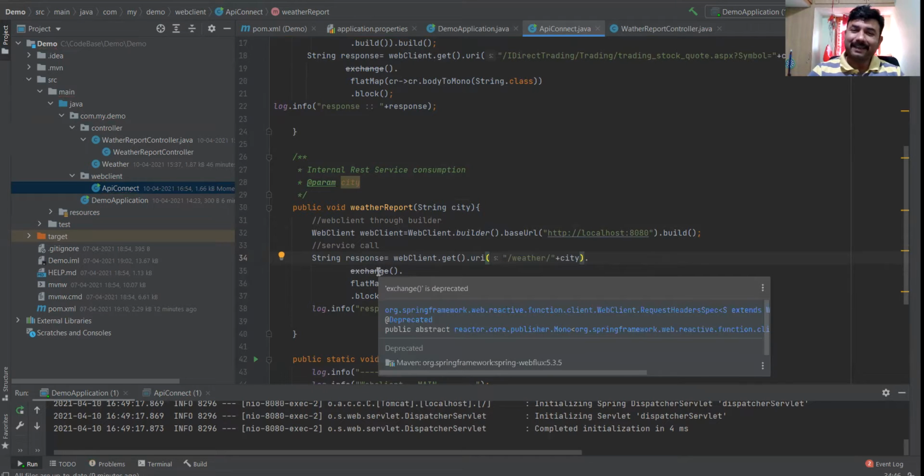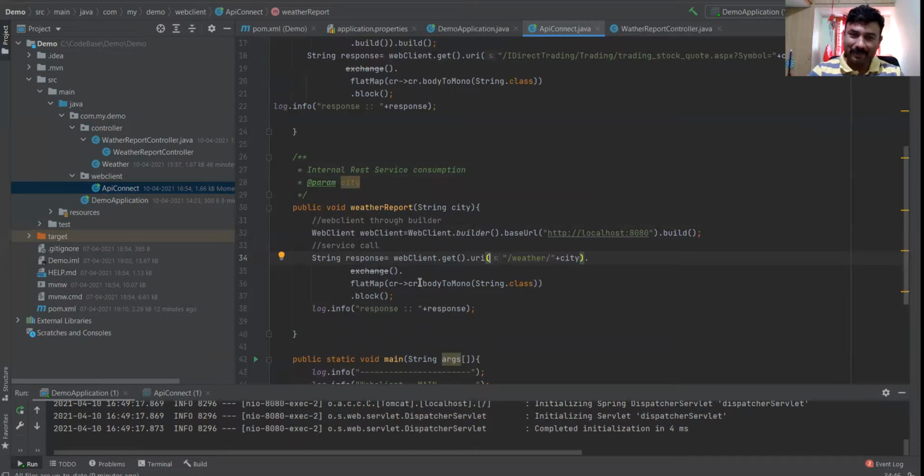So now I am using exchange, but it is saying it's already deprecated. Come on, they gave the web client, but they are saying it's already deprecated. But for my demo, I'm using this. So the intention is don't convert it to a string and print. And rather than referring to the content directly, the recommendation is to convert to a bean. But I don't have that much time. Maybe you can try. You have to build the one